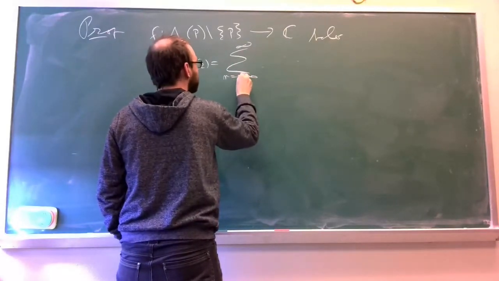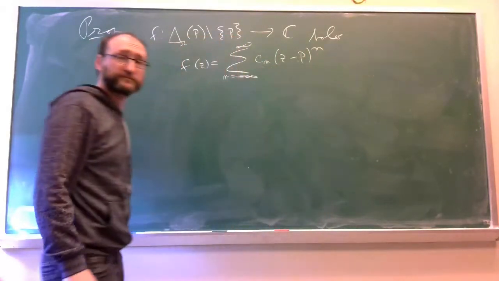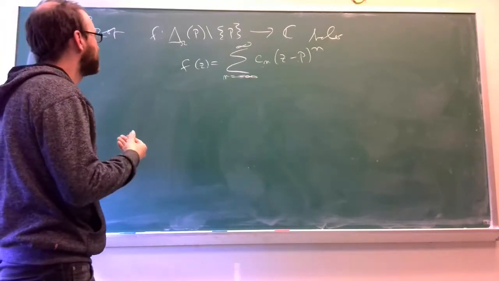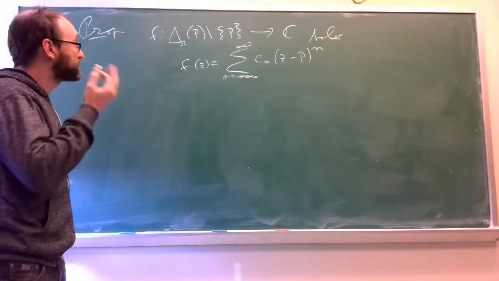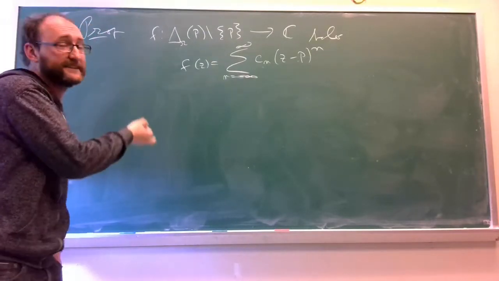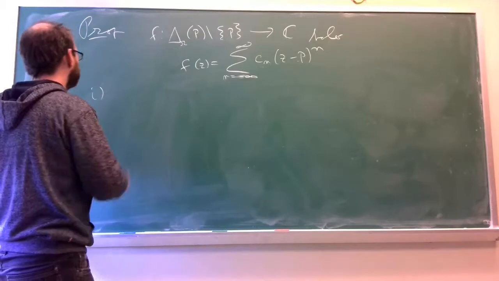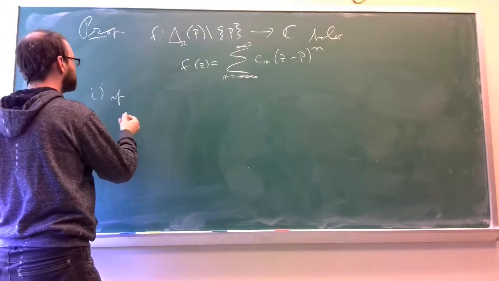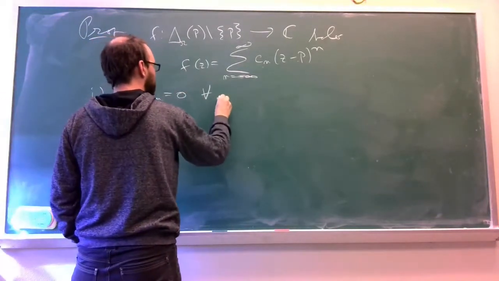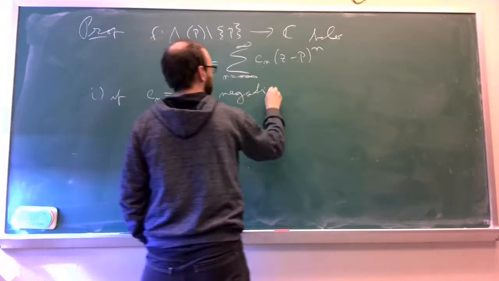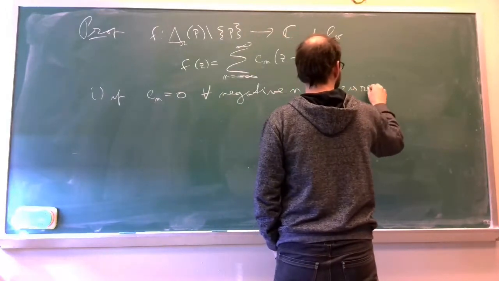And so this is the sum from minus infinity, right? Again, c_n times (z minus p) to the n. All right. So from this we can actually read off the type of the singularity that p is, right? So first, if c_n is 0 for all negative n, then p is removable,